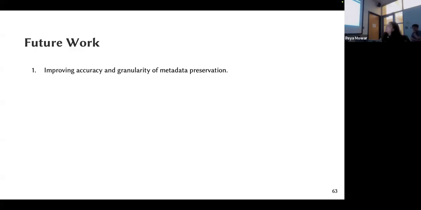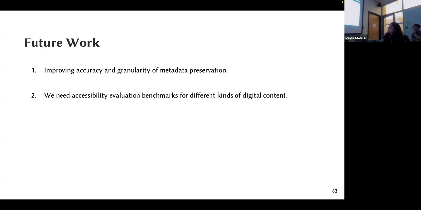And for future work, we could work on the accuracy and granularity of the metadata that we're preserving. So I have been continuing to work on the PDF project and improving the accuracy of the tags that are generated so far, as well as going into more granular details, for example, tagging tables and headers. We need better benchmarks, or I don't think they exist in the first place.